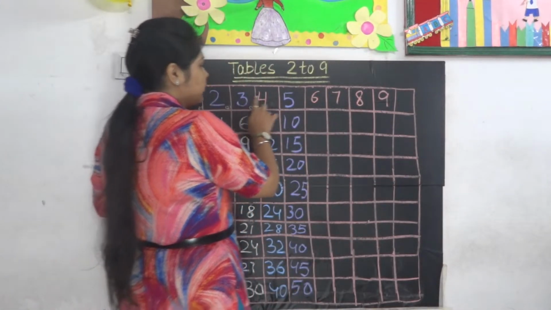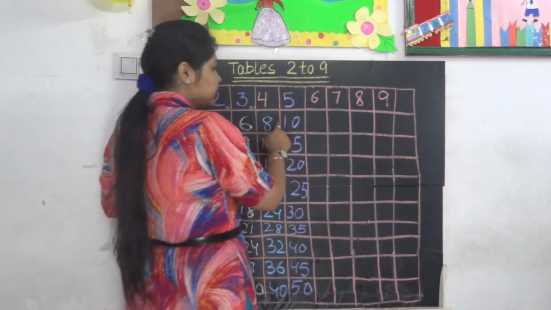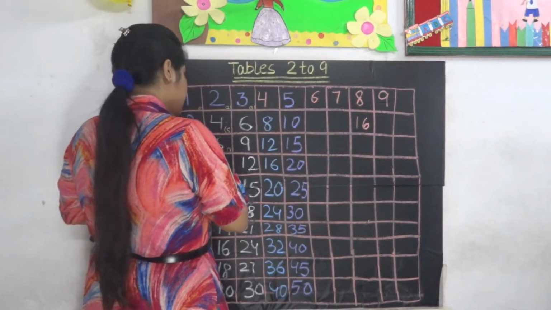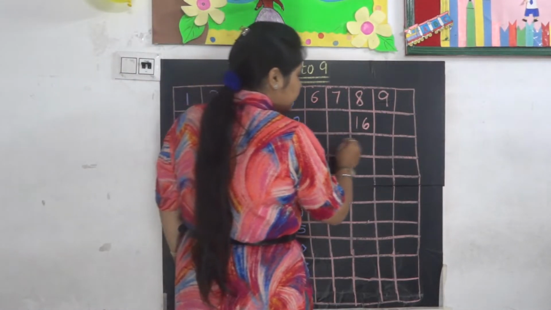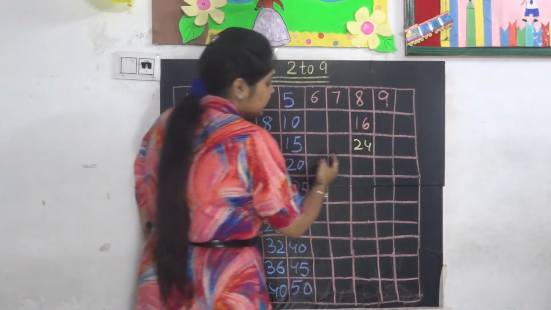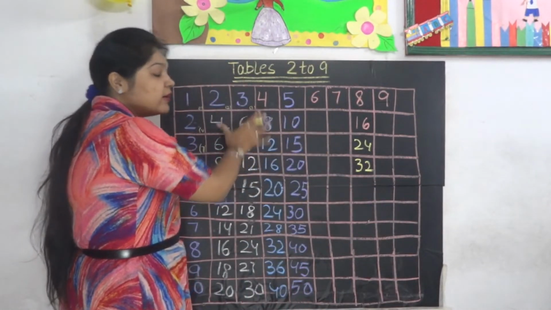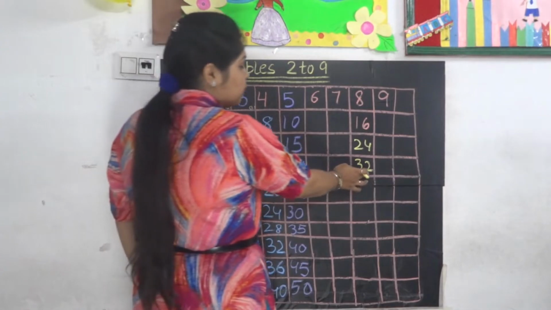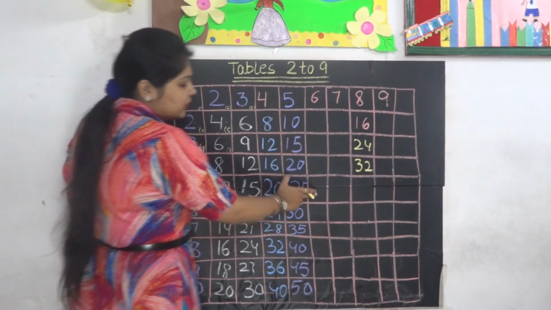Now see, 1, 2, 3, 4, 5, 6, 7, 8. Then 9, 10, 11, 12, 13, 14, 15, 16, 17, 18, 19, 20, 21, 22, 23, 24, 25, 26, 27, 28, 29, 30, 31, 32. We are not concerned with the things which are written in the box. We have to just count the boxes. Nothing else we have to do. Now 33, 34, 35, 36, 37, 38, 39,